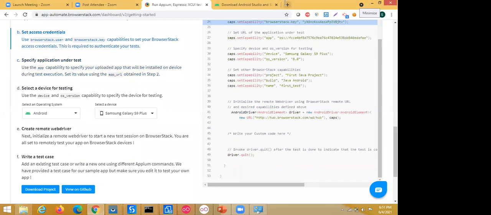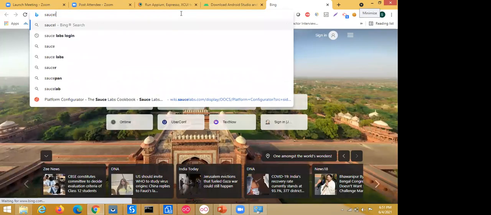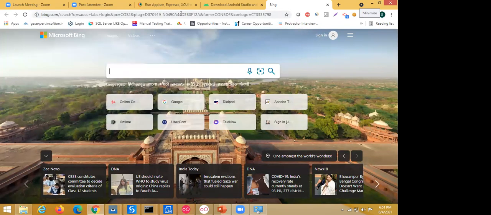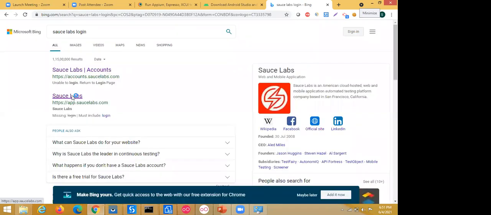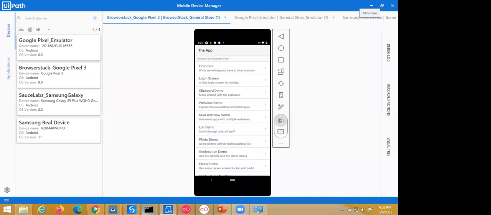Here you may face some latency issues as compared with your real device or with the emulator, but there's not so much difference, and it's good, we can say, because we have lots of devices we can explore and use. And one more thing, lots of people are asking how we can do iOS mobile application automation.